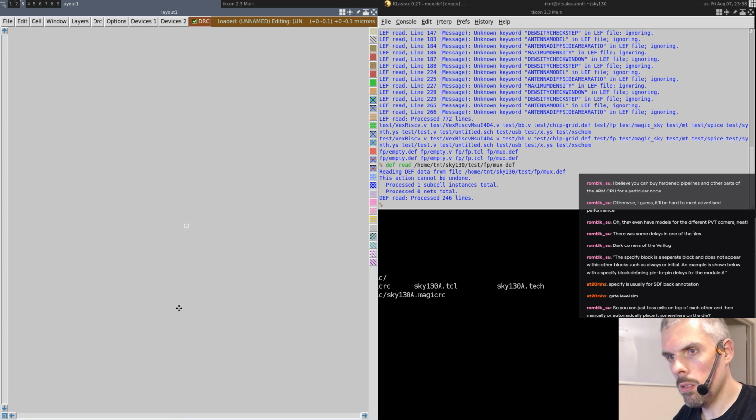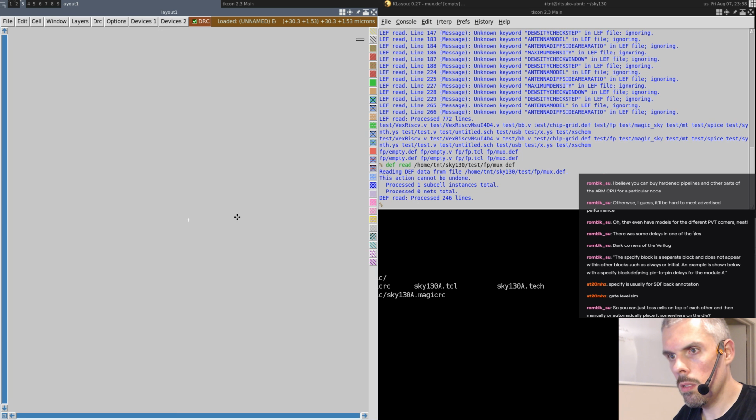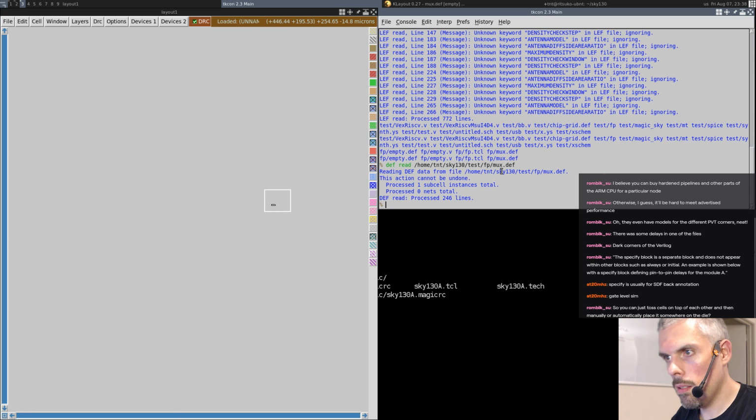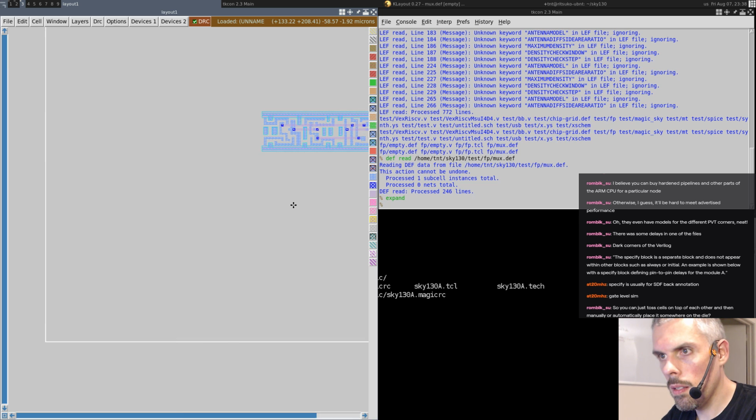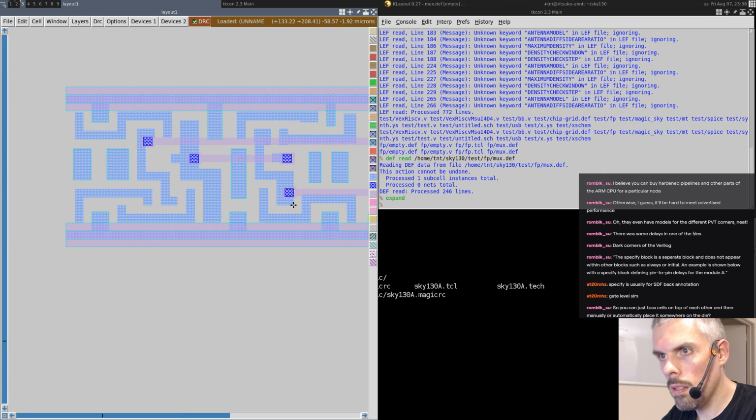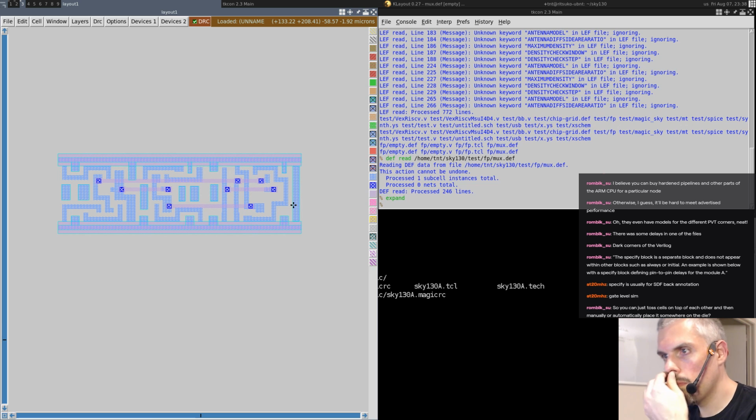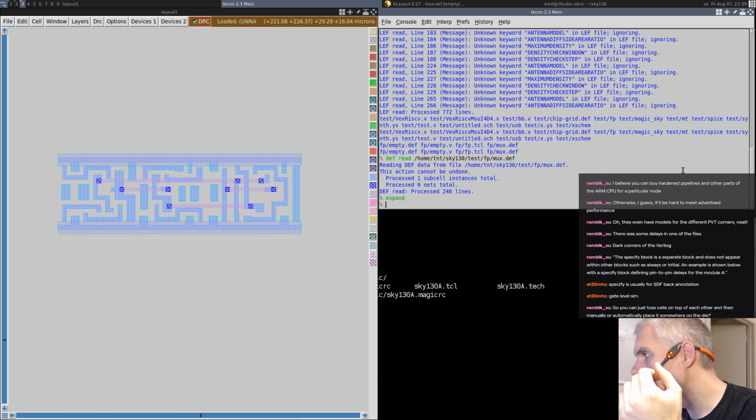What? Okay. Apparently it doesn't show the row either. Because I have my cell here. But if you look at the input of the placer,